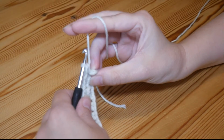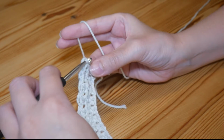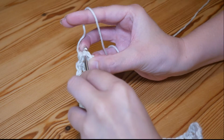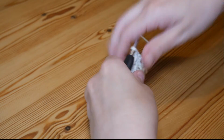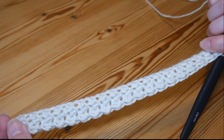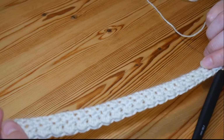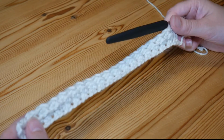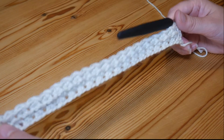I've worked my final half treble, and then you can see I've got this final stitch just here to work into, which I will pop my final slip stitch into. So that is how you should be looking. You should have all kinds of beautiful texture going on now, and that is your 2-row repeat. So you'll have one where you start with the slip stitch and one where you start and finish with your